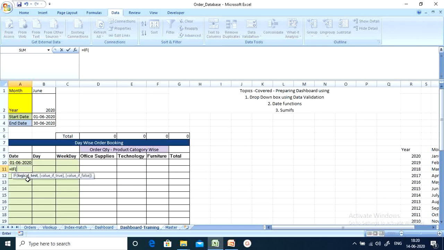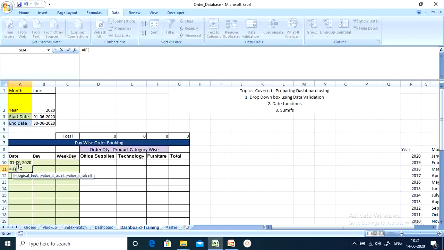This is the syntax of the IF statement, where first we write a logic test, which is the condition we are going to test. Next, if that particular condition is true, it's going to write string number A. We have two strings here, string A and B, for example. So if the logic test is true, it's going to write string A. If the logic test is false, then it's going to write string B.